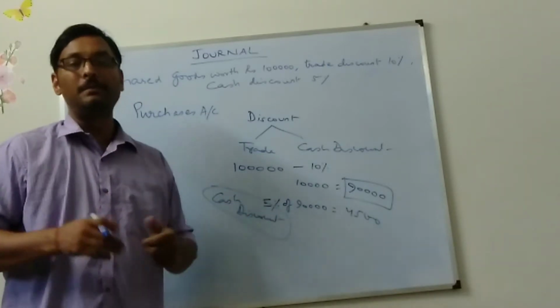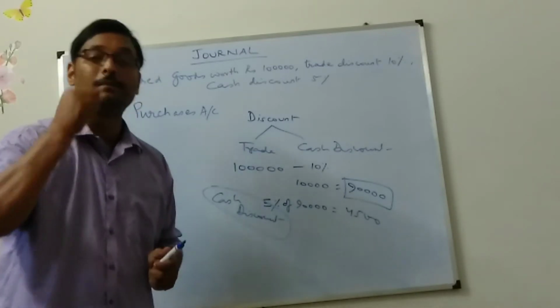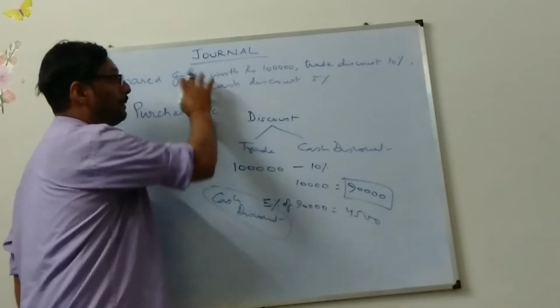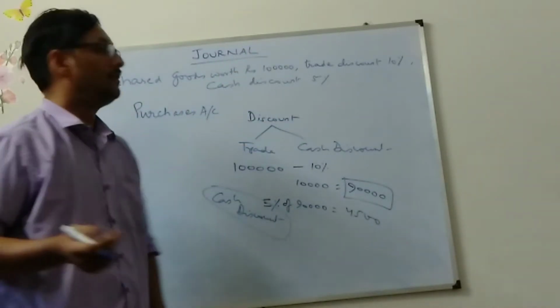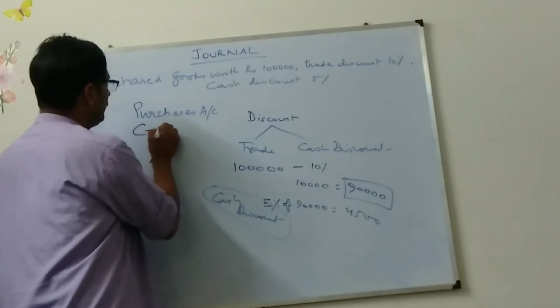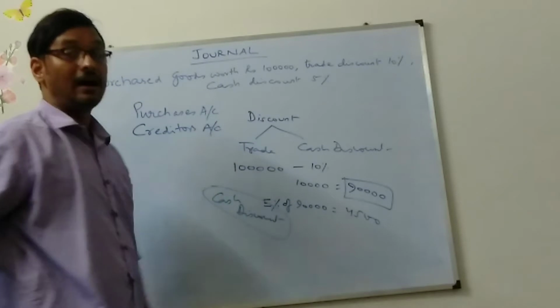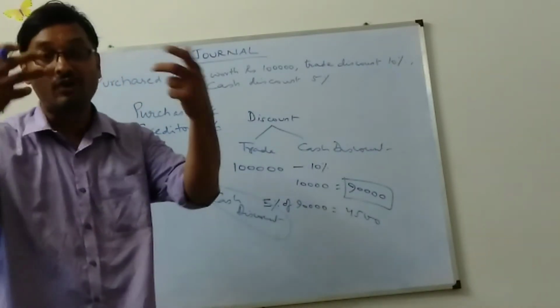He has already received the money. Then he will not be thinking about that. He has not received the money. That's why he is giving you cash discount. So the person's name is not given, so you need to give the name of that person. The general name is creditors. Creditors are the names of those persons who are supposed to receive money from you.